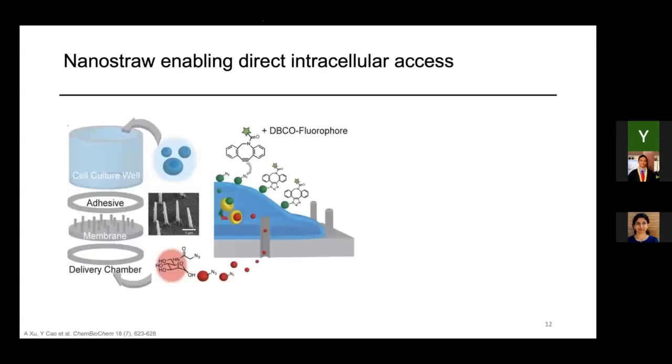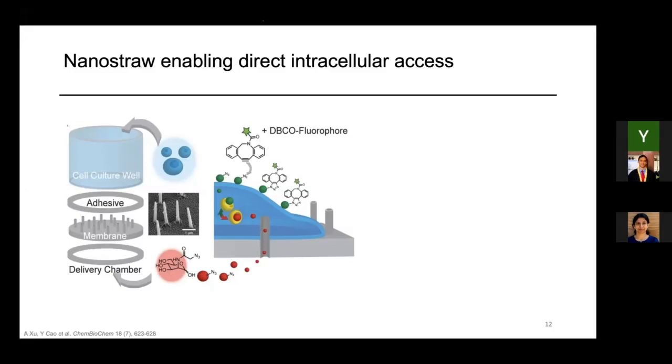So knowing through our theoretical calculation that the cell has to attach on the surface, we did a small test to prove the concept. In this experiment, after we allowed the cell to adhere on the surface and make good contact to the nanostraw, we delivered the cell membrane impermeable azide sugar into the cell through the nanostraw. The mechanism is simple.